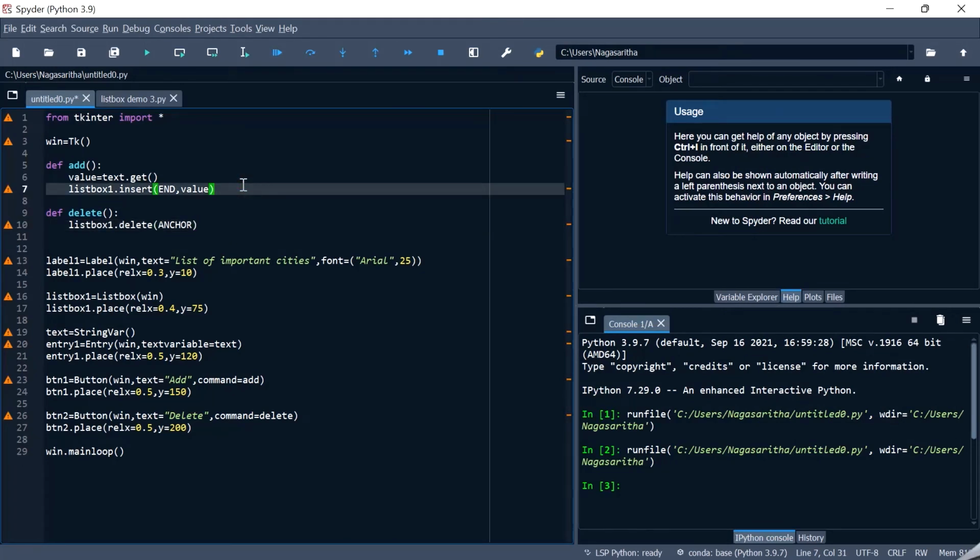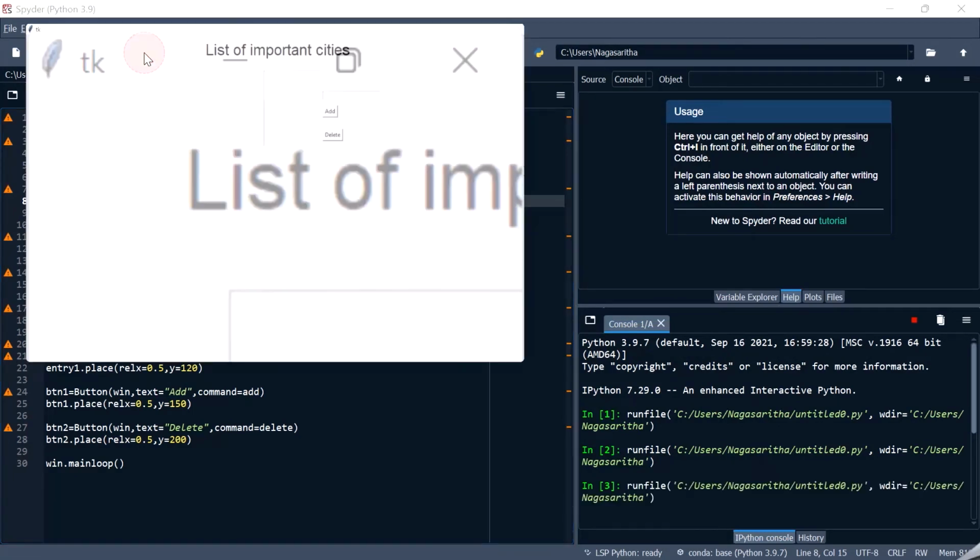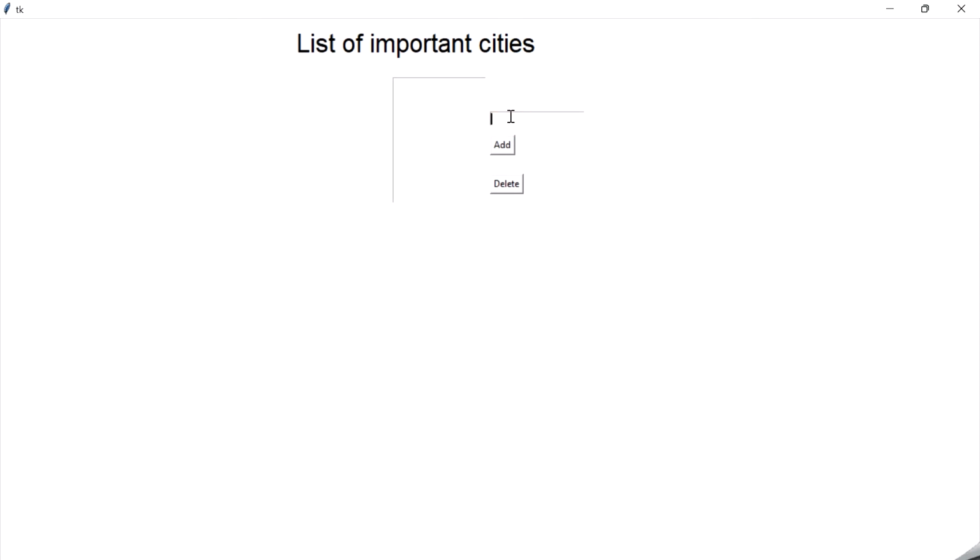After entering the value in the list box, let us say text dot set. Let us make it empty so that in the entry box the text value will be set to blanks. So now when I run the code, let me enter Bangalore, first item, click on the add button, Bangalore gets added and it has got refreshed so that we can enter the second element. Now let us say Hyderabad,